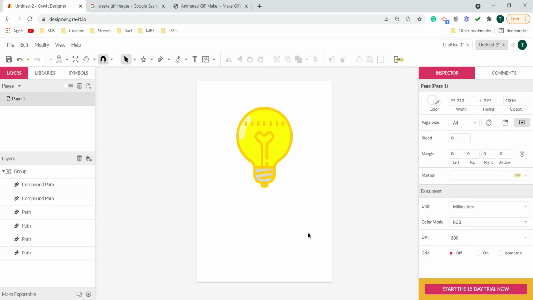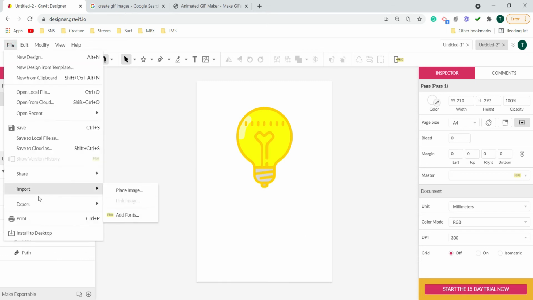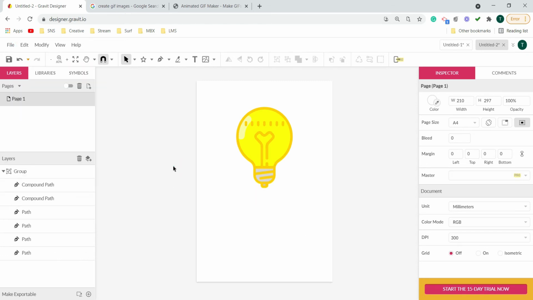So basically, whatever small changes you will give, you have to take those images. Means you need to export those images, and then we will run all those images together in a single frame to give us an illusion of animation. Let's see this in practical, and then we will understand it more clearly. Now, first image, the bulb was turned off. Now the bulb has light up.